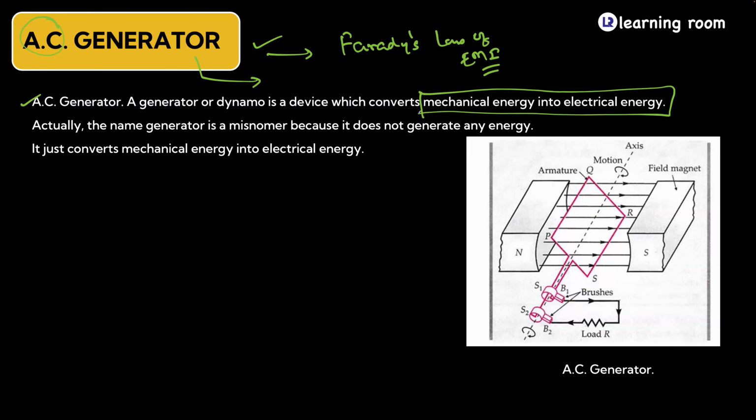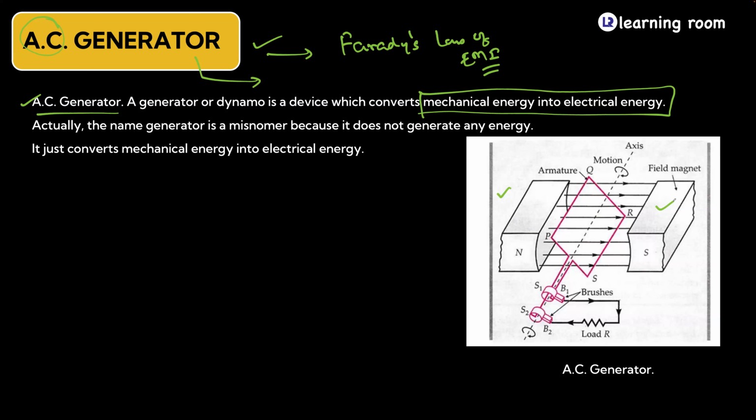So as I told you from the beginning, there is only one concept in this chapter. What is it? If there is a change in magnetic flux with respect to time, EMF is induced. That's it. If there is a change in magnetic flux with respect to time, EMF is induced, right? So basically, listen to this carefully, an AC generator is a device which converts mechanical energy into electrical energy. And how is it going to work? For which we have two